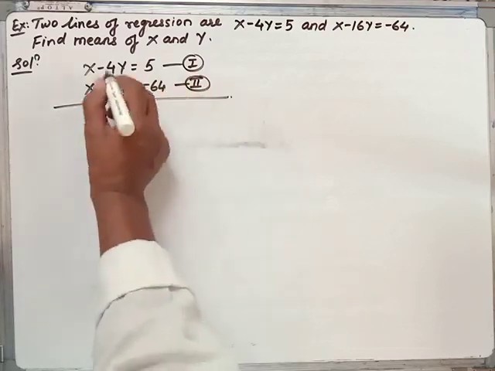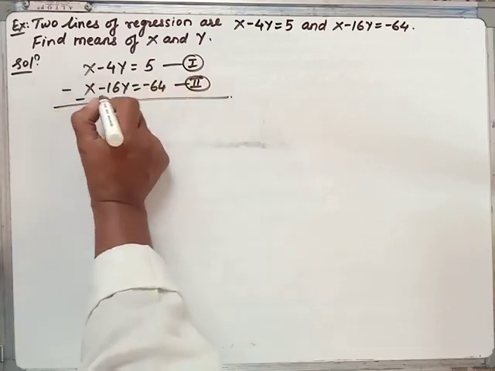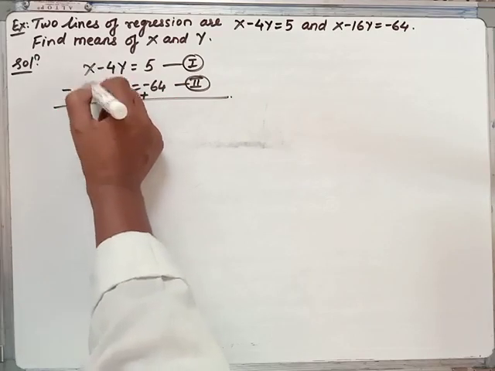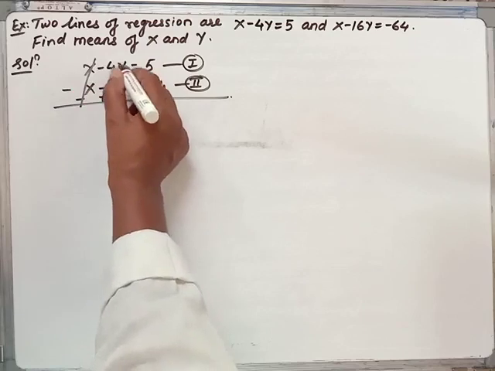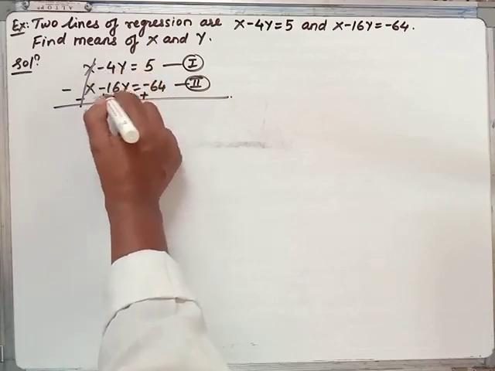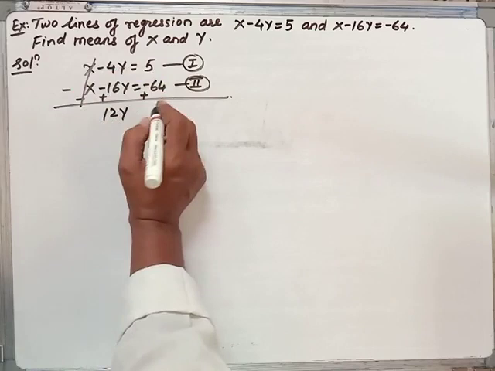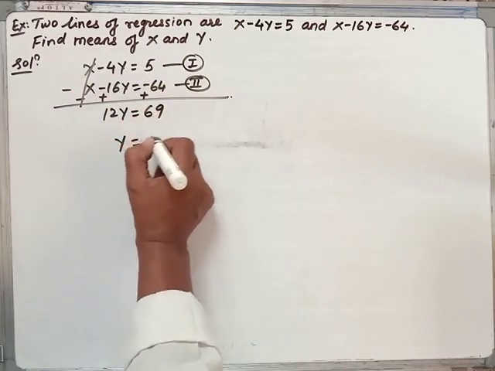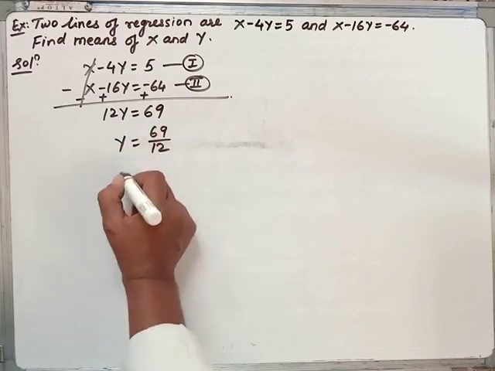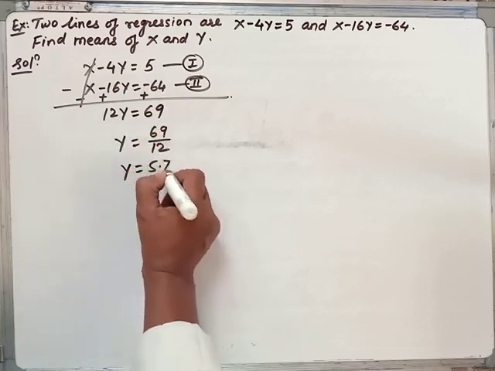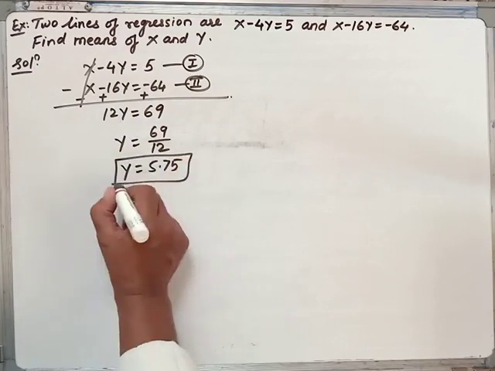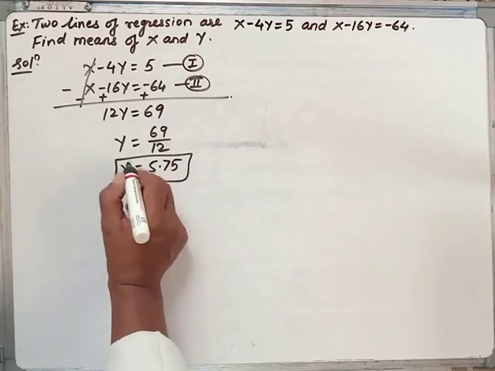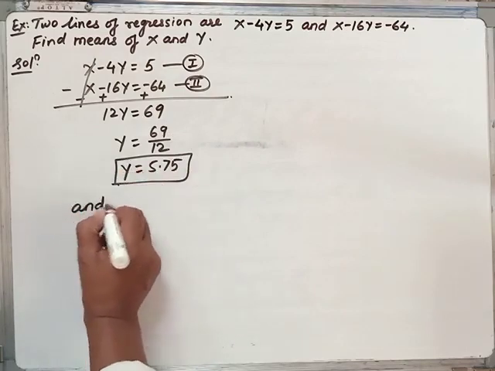Now let's do the subtraction. So subtracting, this will get added and this also gets added, right? So here this x gets cancelled. Now simplifying, minus 4y plus 16y will be 12y, and that is equivalent to 69. So this gives y is equal to 69 by 12, and that is y is equal to 5.75. Simultaneous simplification of these lines, as x bar, y bar is the point of intersection,